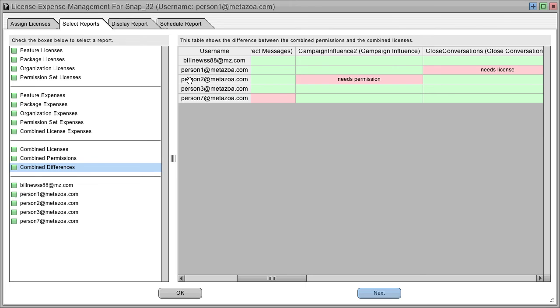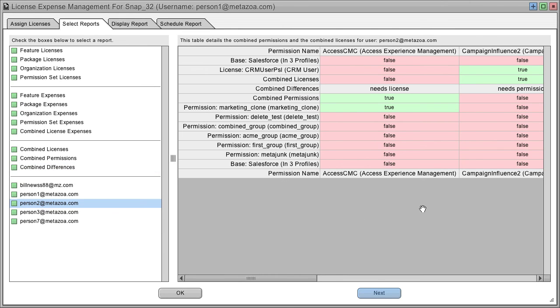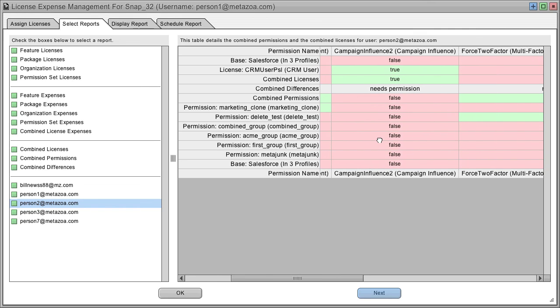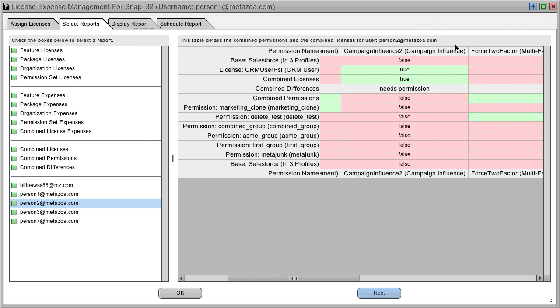And you can do that by selecting this user and getting the total breakdown on their permission set licenses and their permission set permissions. So here we go, and we can now see for each one of these cases, for Access Experience Management, this user needs a license, and here's why. He got the permission from this permission marketing clone, but he doesn't have the license. Now we see he needs a permission over here for Campaign Influence. Why is that? Well, he has the license for CRM user, but none of his permission sets nor his profile